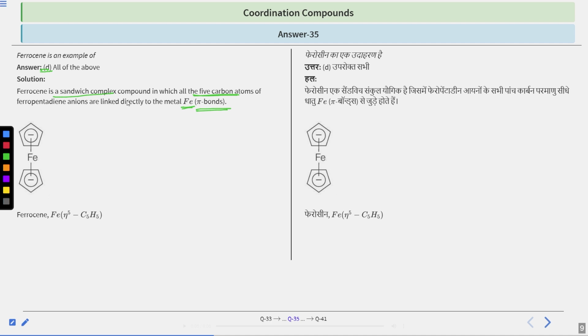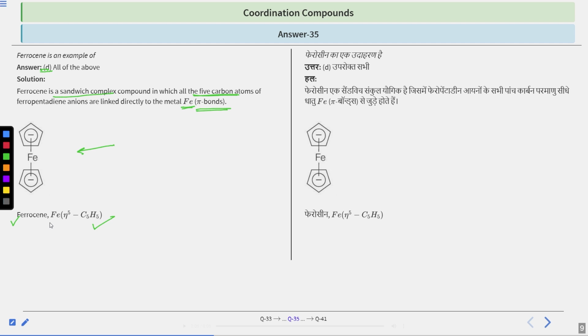Ferrocene is a pi bonded complex, and ferrocene is having all 5 carbon atoms directly linked to the metal too. So you can explain the ferrocene concept by any of the options. Okay, this is the structure of ferrocene. Iron is directly connected to the cyclopentadienyl anions, right? And that's why iron eta5 C5H5